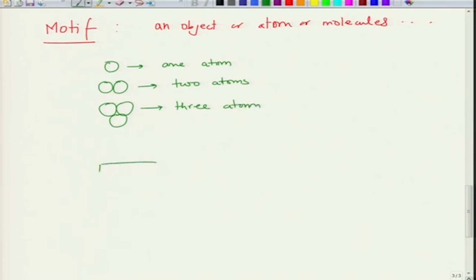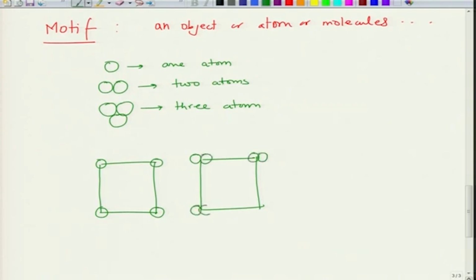So on this unit cell I can construct, using the first one, a unit cell like this, or I can have a unit cell in which I can put the atoms like this. Provided they are put in such a manner that the neighborhood remains identical and the arrangement remains periodic,